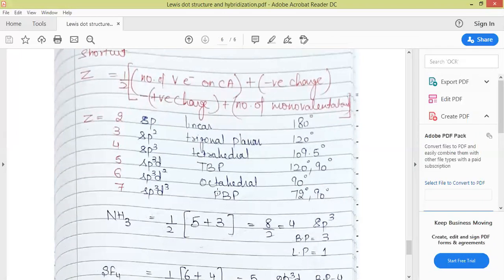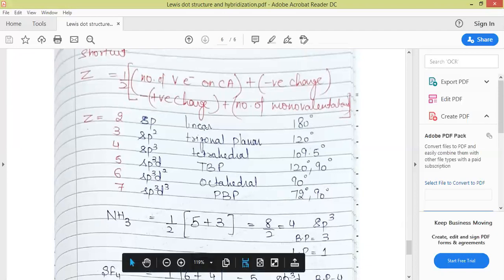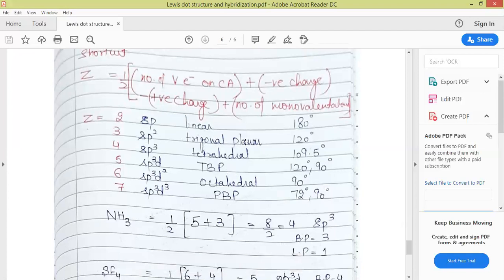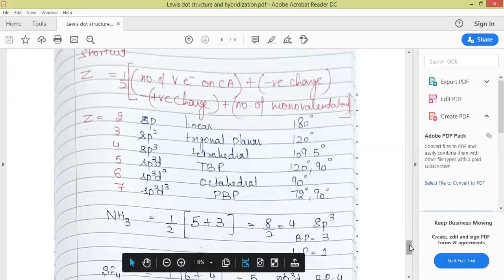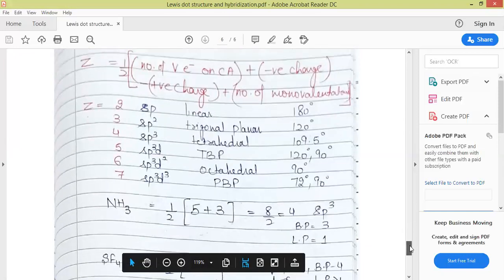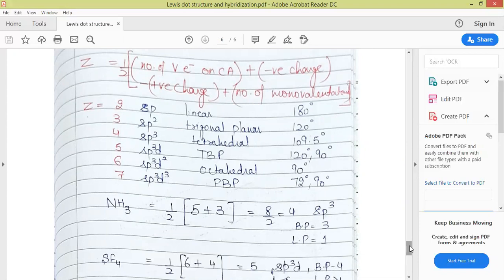And these are the shapes of the molecules. Here one thing you need to clarify is that these are the hybridizations, and these are the geometries. You can never write linear hybridization, you can never write trigonal planar hybridization. And also you can never write trigonal planar shape. Shape of the molecule is different from that of the geometry. Geometry is decided by the lone pairs and the bond pairs both, but shape of the molecule is decided based upon the bond pairs, the arrangement of bond pairs around the central atom. This we'll be discussing now.